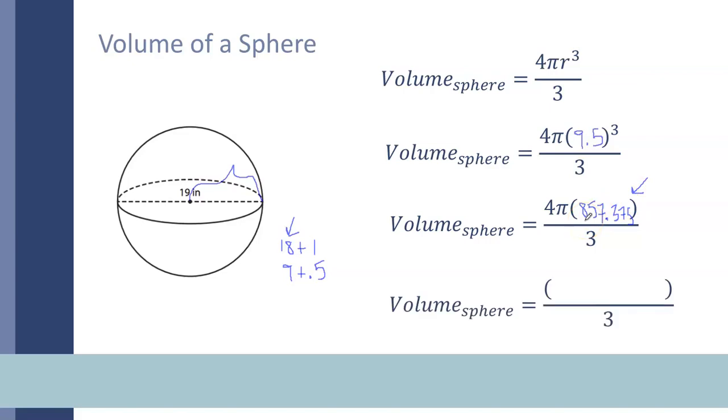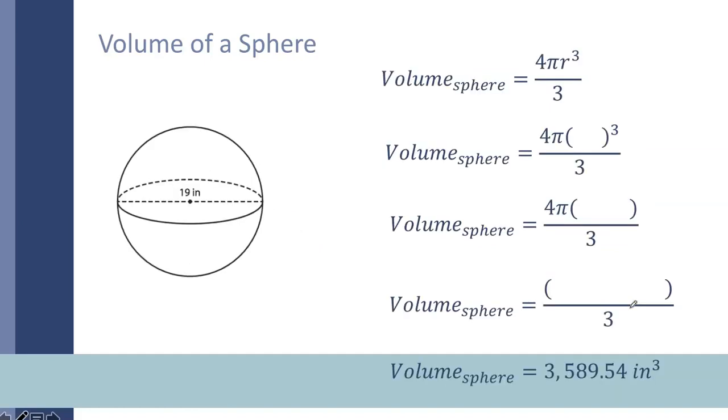We continue. From here in our problem, we're going to be practicing using 3.14, so you're ready for the examples that I gave you. Also, a lot of times on the EOG, they'll ask you to use 3.14 instead of the pi symbol. So I type into my calculator 4 times 3.14 times 857.375, and I get a product of 10,768.63, and then I divide that by 3, and I get a quotient of